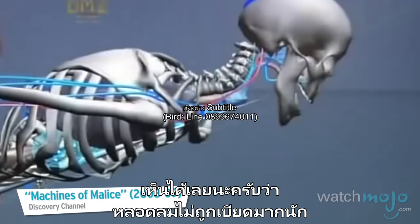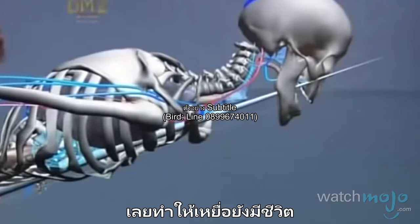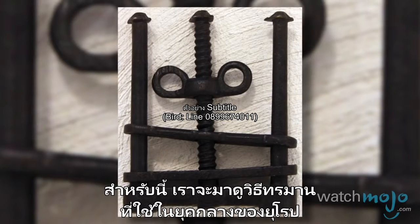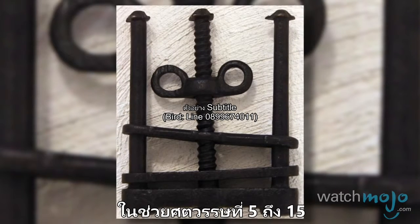We can see straight away there that the airway is not compromised that much. They're potentially still alive. For this list, we're considering methods used in Western medieval torture during the 5th through 15th